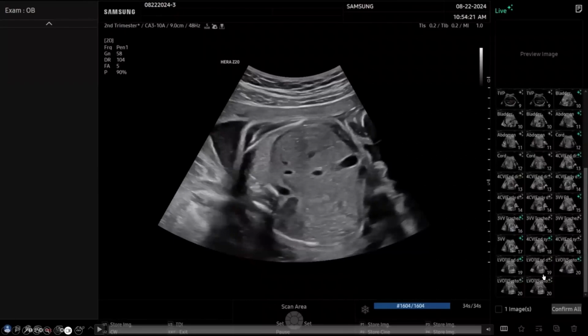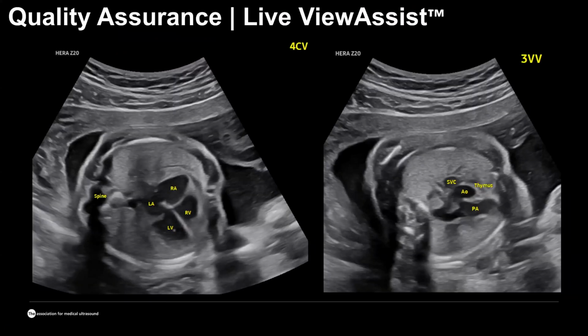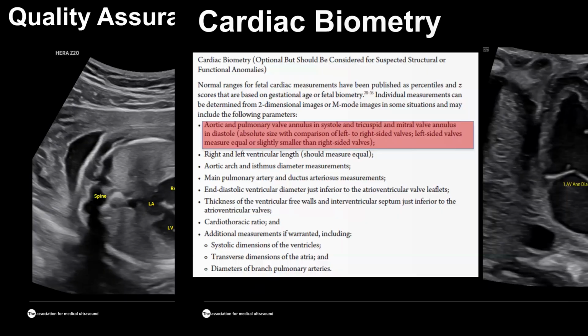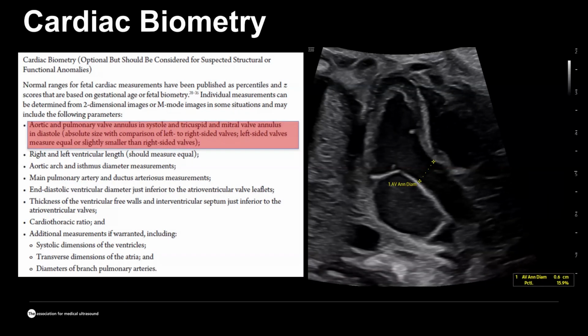And if you look into them, here is an example of the images which are automatically recognized, captured, labeled, and saved by the system. You can see that for the cardiac screening, for example, it's pretty amazing, in particular when we are dealing with a very novice operator. So this is a really interesting technology that, from my perspective, cannot be just a tool for quality assurance of your scans, but also could have a lot of potential for education in the field of cardiac imaging. So what are the other tasks that we have using the imaging in 2D?